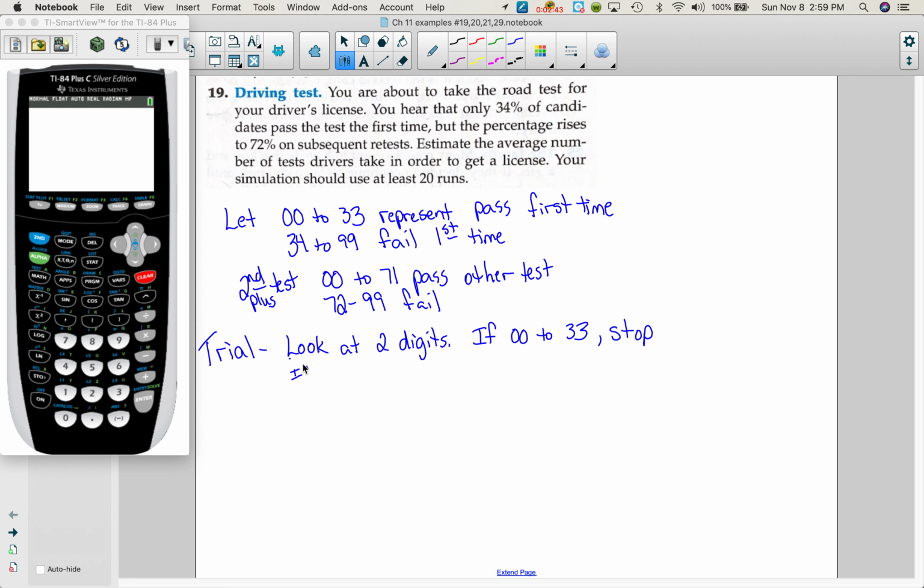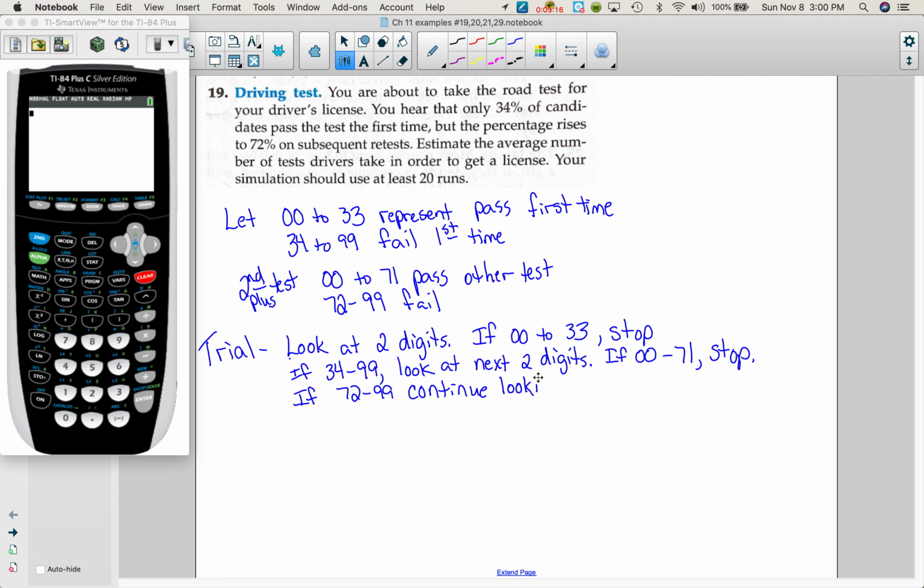If 34 to 99, look at the next 2 digits. If 00 to 71, stop. If 72 to 99, continue